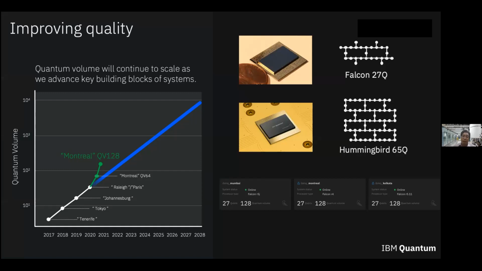So driving quantum volume, which effectively means pushing down error rates, improving all these different elements of say crosstalk, 2-qubit gates, dynamical decoupling, how we actually drive pulses on our system, and now we're at a point where I think we have over 20 deployed systems, 3 of which can reach a quantum volume of 128.